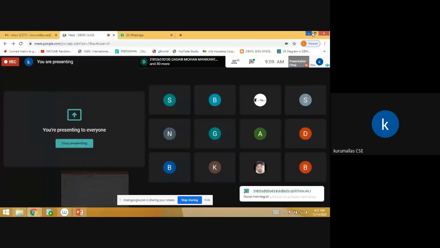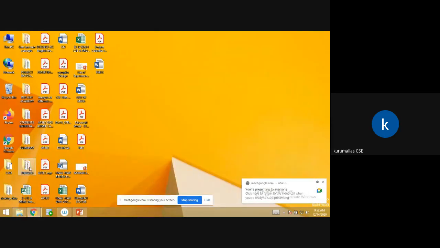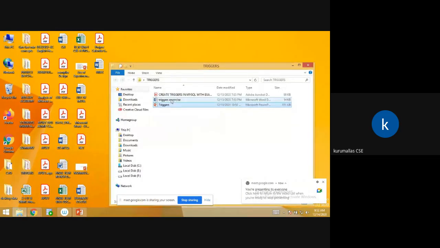Next, we have to practice one thing, see here, the trigger exercise. I'll keep these three inside this classroom. We have to open, read once, and execute.